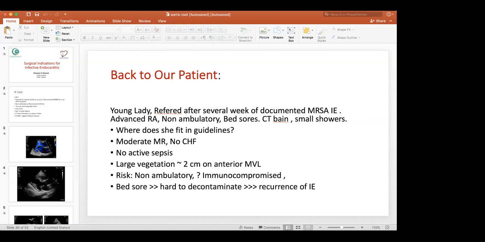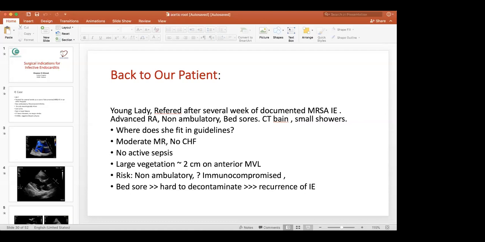So first of all, she doesn't have congestive heart failure. That was raised, I think, by Uthman. No congestive heart failure, no severe valve lesions that need to be fixed, and also there is no active sepsis. It sounds like the antibiotics are working. So the only objective here is to prevent embolization and stroke,